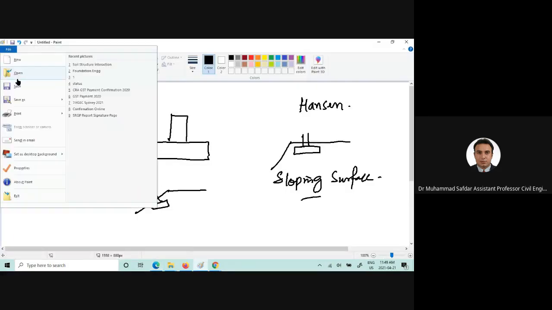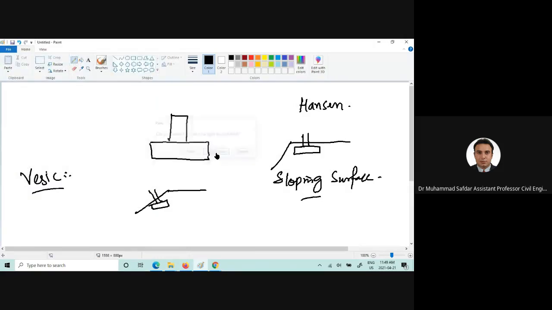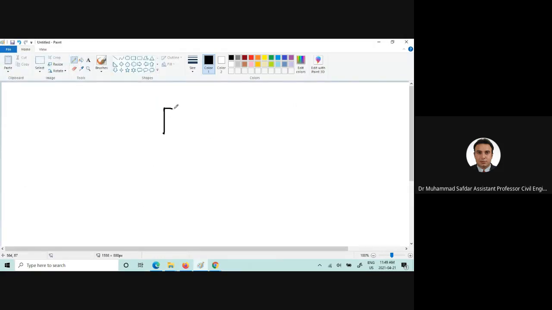If we want to draw a foundation, something like this, straight one, then he changed the inclination. For example, it's 0 here, then it will change at a certain angle, and the resultant will change at a certain angle,